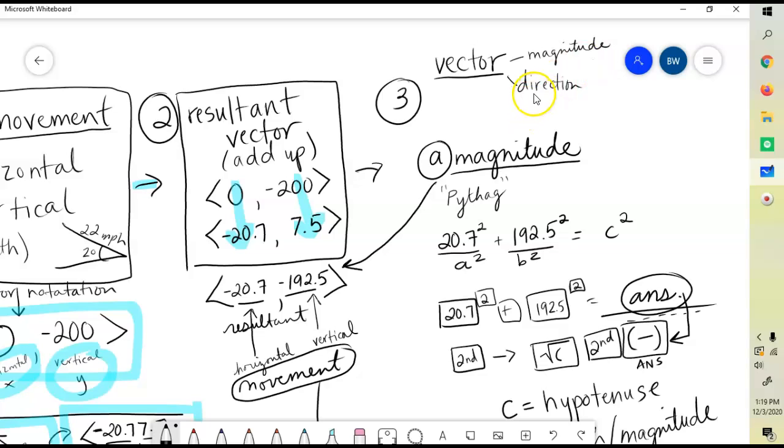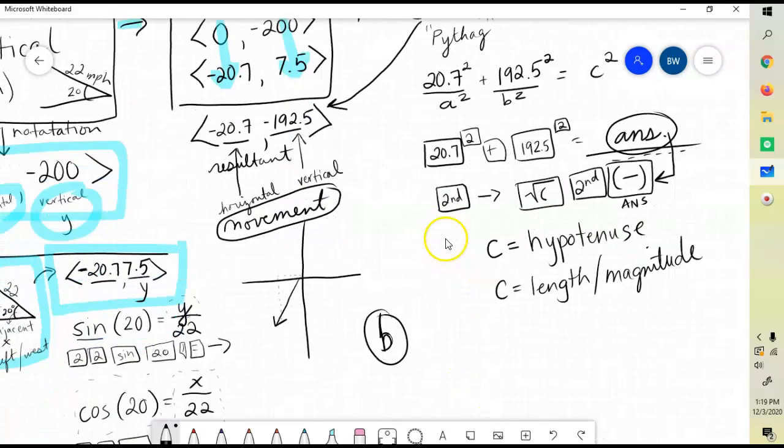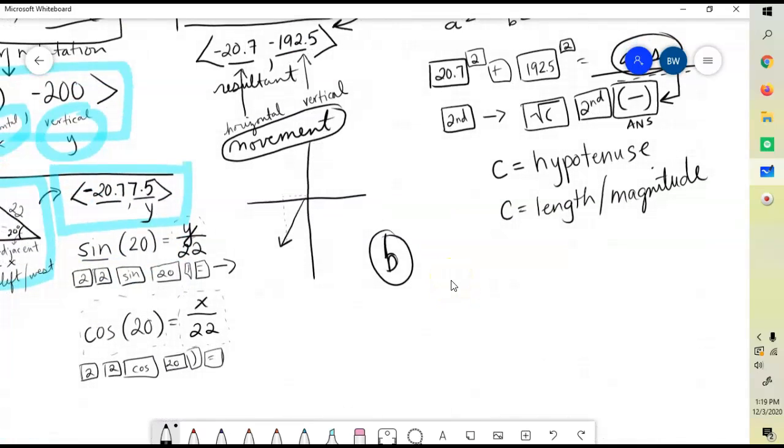And now we're finding this direction. So I'm scrolling down, and in your notes, you are writing step B for this next part: determine its direction. The formula that you're going to need to do this is tan inverse, I don't know how you say it, inverse tan, I think,